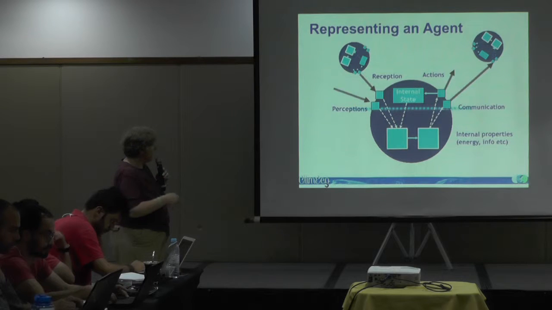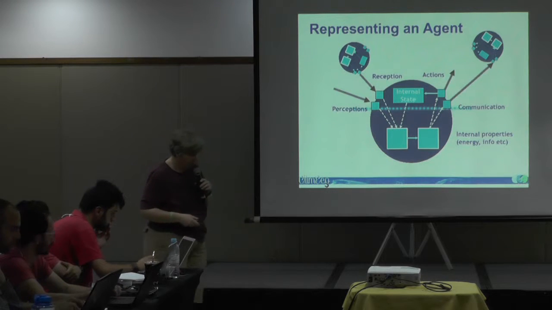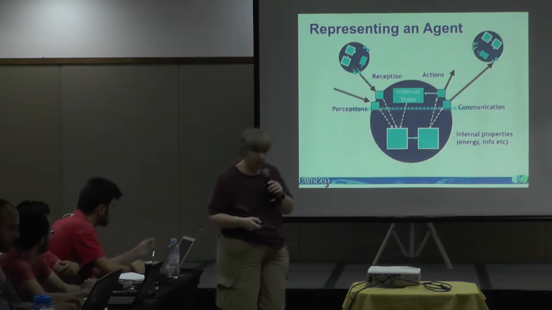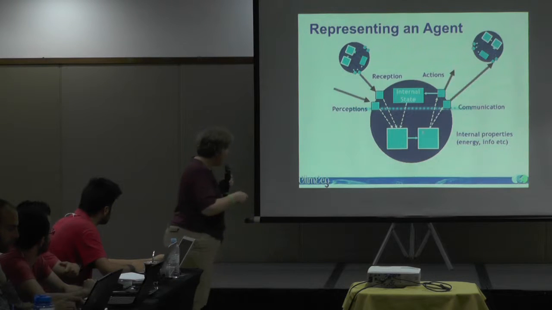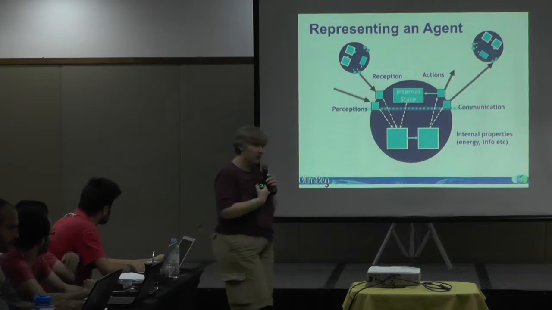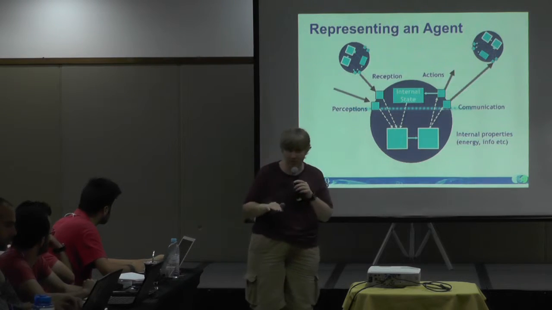Okay, so each agent has its internal state, so these are different agents. Each one has its internal state. So if we get back to my desire to eat ice cream, for instance. Am I hungry? Have I got this internal desire to have ice cream? We can always pretty much set that to yes.